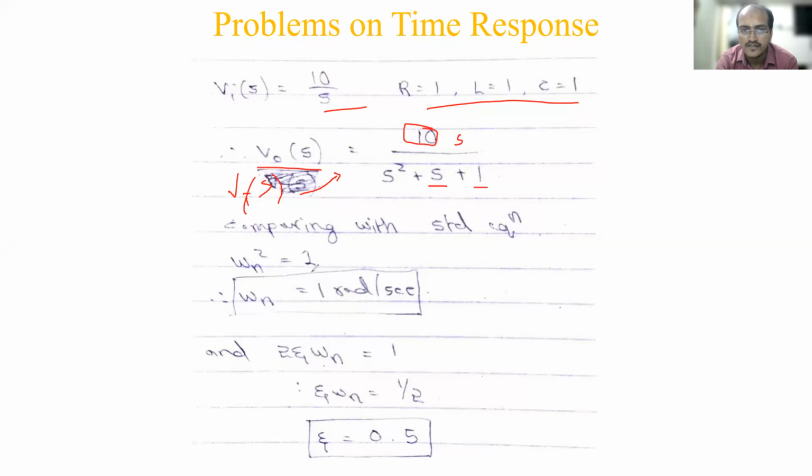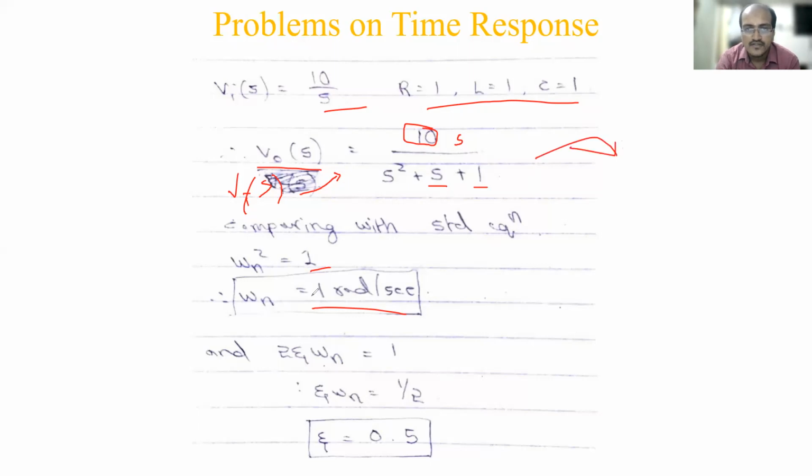So you'll get omega n square is 1, so omega n is equal to 1 radian per second. Just finding that, then substituting the RLC value, you got this equation. First I have written that and again cancelled out. So directly I have shown this 10 by S and substituted there. S will cancel out in the denominator and 10 will remain there for V naught of S. You write it in the next step. One more step you write when you are doing it in the notes.